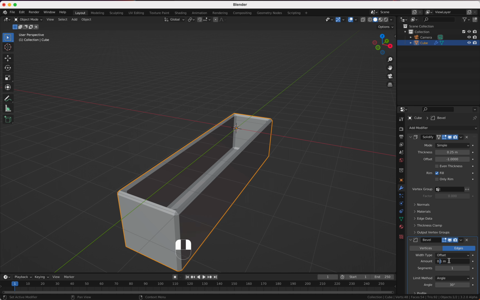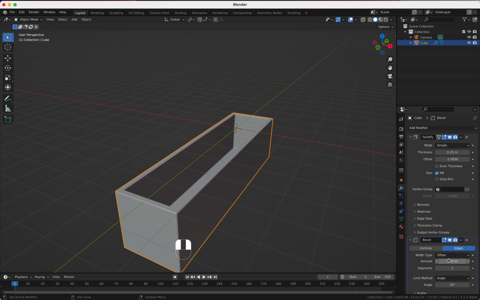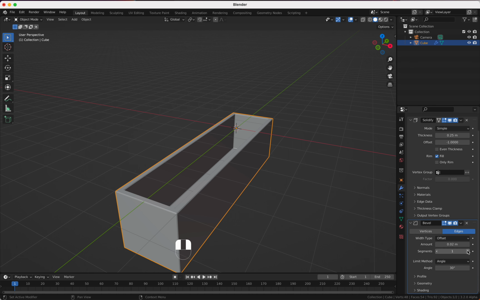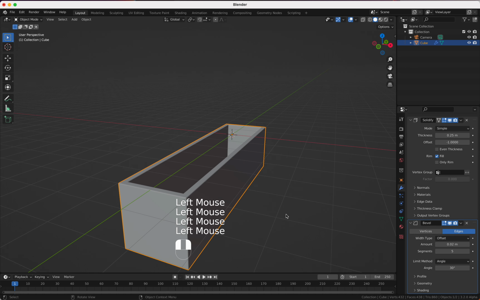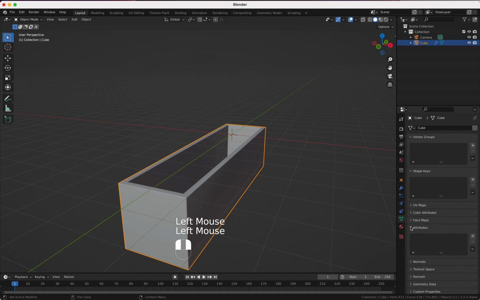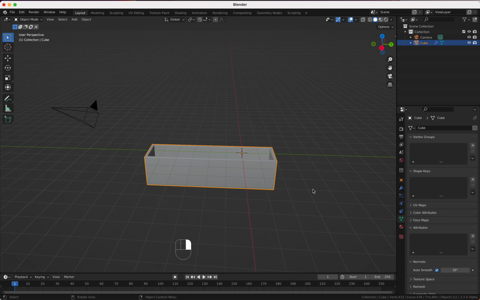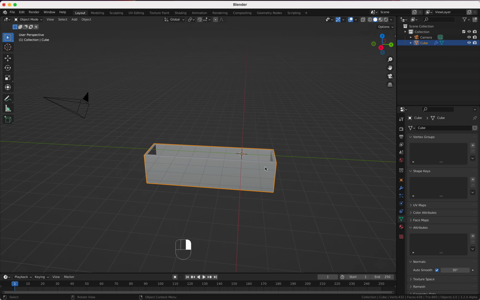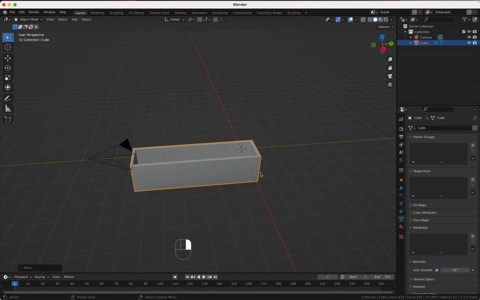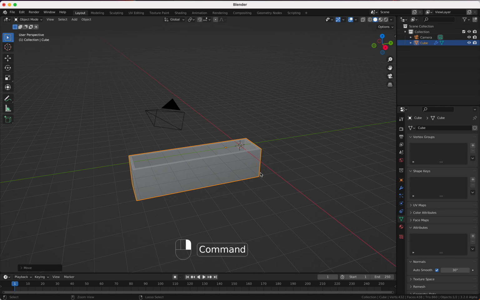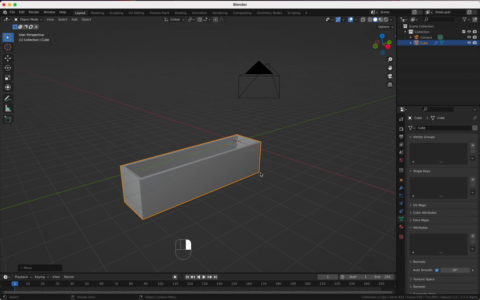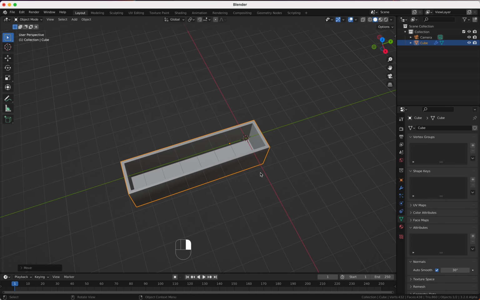And we take 0.2, that's a good amount, and some segments so that it looks good, and of course shade smooth, and here we say by normals auto smooth. This looks fine to me. The pool, we move it G, Y minus 1 to there,